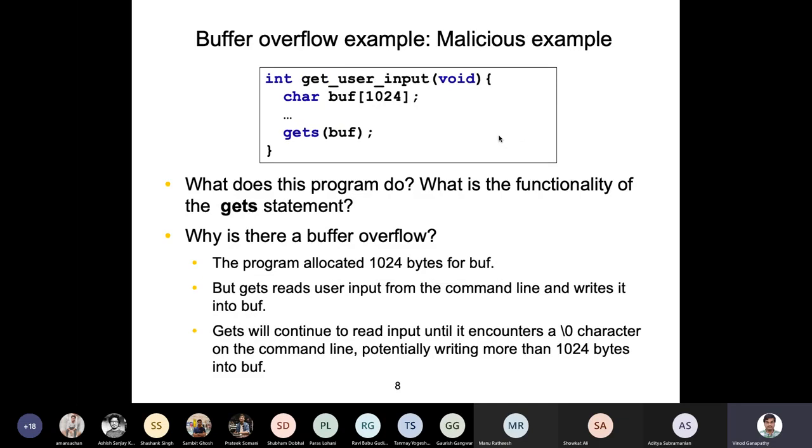So here is an example of a malicious buffer overflow vulnerability. Okay, so in the sense that you can actually do bad things with this. So what does this program do? Well, at this point, you've got this get user input. It's a program that takes no arguments, and it's allocating a stack buffer of 1024 bytes. Okay, there's a gets call, right? gets is a standard C library call that just takes user input from the command line and it writes